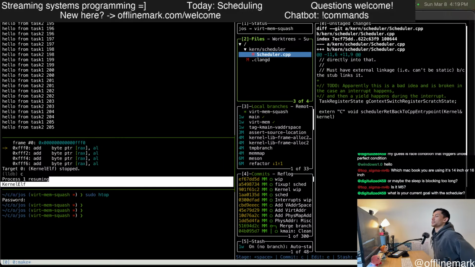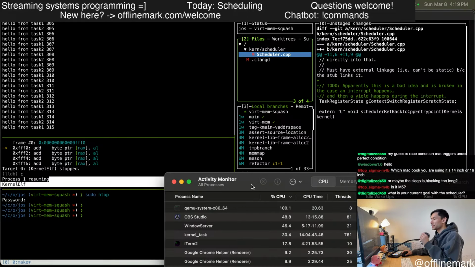So that's going. We'll let that cook for, actually, let's take a look at the activity monitor while that's running. So Kimu is taking 100% CPU, which is totally expected. And I am curious,